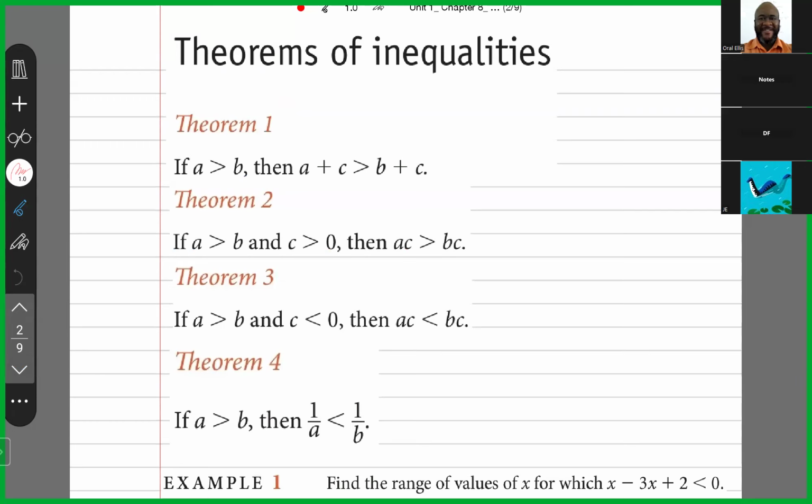Having gone through, let us say, CSEC math and maybe add math, by now some of these things should be intuitive. But we can go through them. When I say intuitive, maybe we would not have written them down as a theorem, but it's something that we understand. So if, for example,